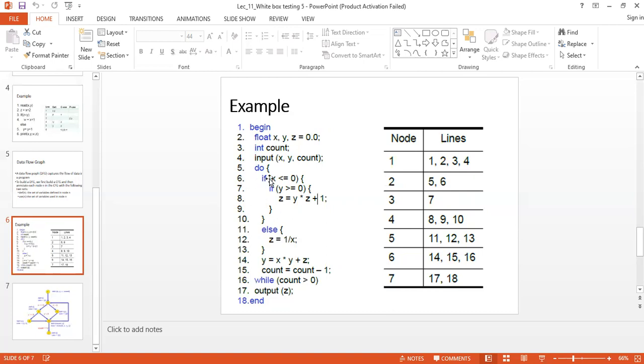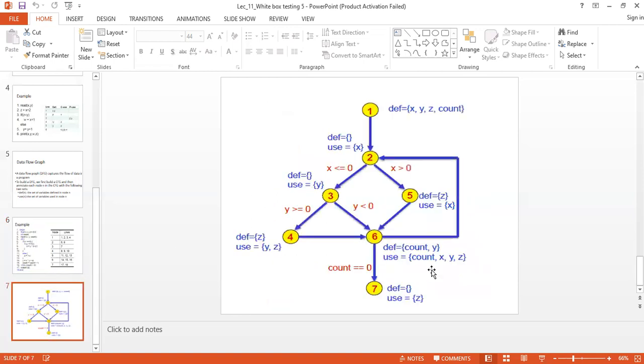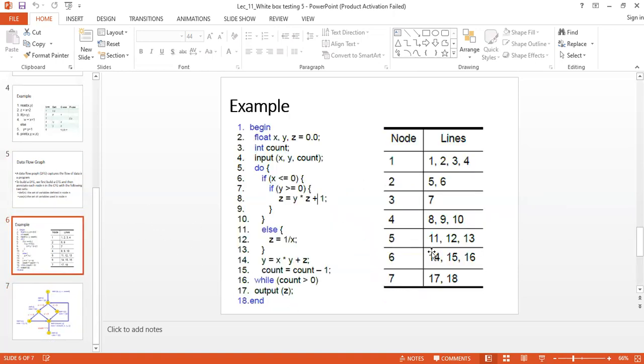The 6th line has X as a use. So likewise, you have to write down how your data is going in your program. This is how you develop the data flow graph.